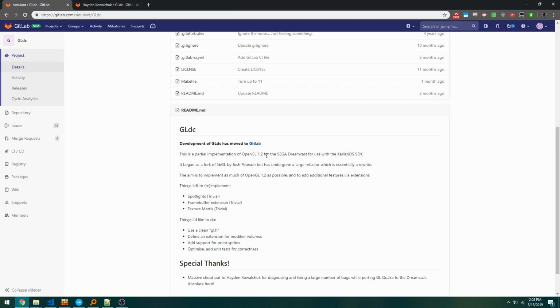The Dreamcast is a fixed function GPU, the PVR chip, so shaders and things like that are not going to happen. But what we do have is buffers. We can do all sorts of primitives. We can do texturing. We can do multi-texturing in a roundabout way. We can do a lot. We've got mip mapping support now. So it's a really great library, and it comes from a history of many other OpenGL drivers that are available